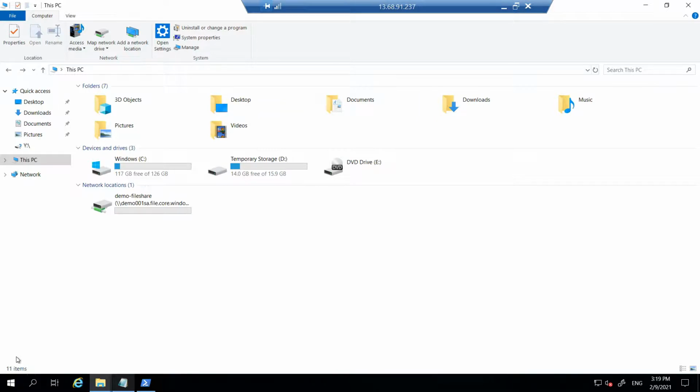And there we go. The file share is mounted successfully in our system, this time using the UI.